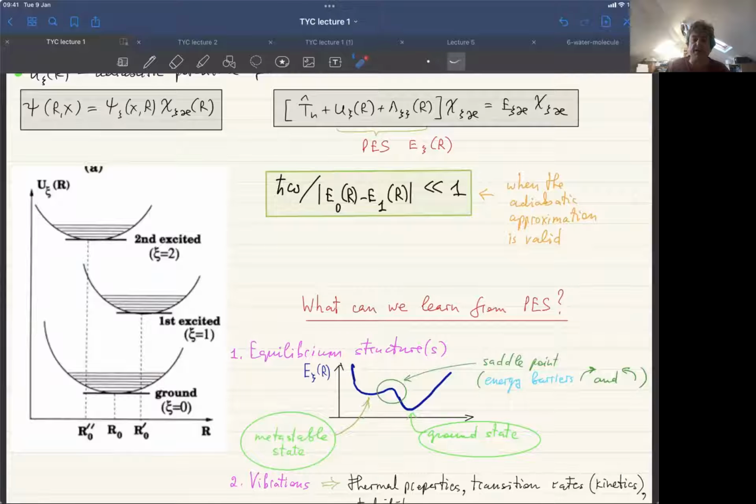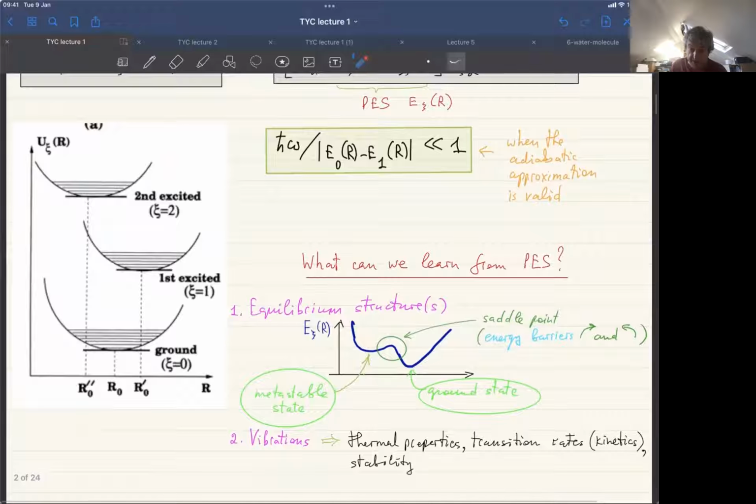So by solving the electronic problem, we get the wave functions. We also get this adiabatic potential U. What can we learn from this adiabatic potential? As I already mentioned, if we plot this adiabatic potential as a function of atomic positions R, capital R, then it may have many